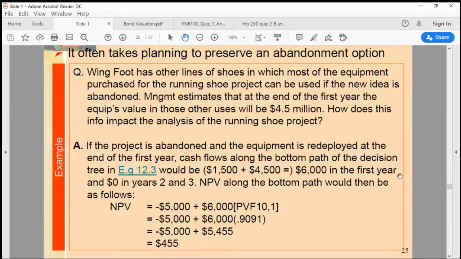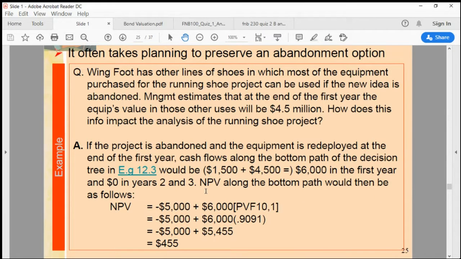So it comes to 6 million in the first year, and you won't pursue this anymore. So there will be no year 2 and 3, right? You won't pursue the running shoes anymore, so there won't be any cash flow in year 2 and 3 from